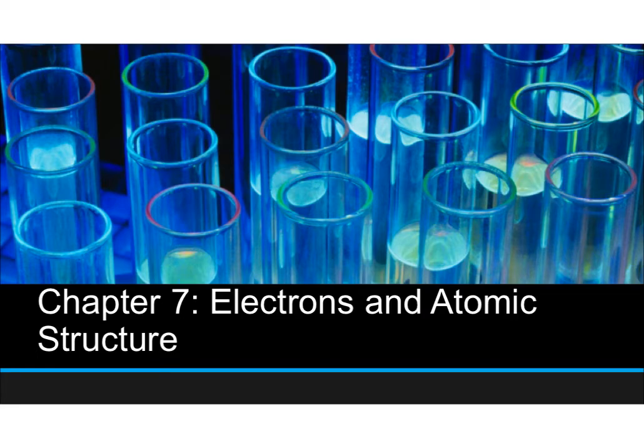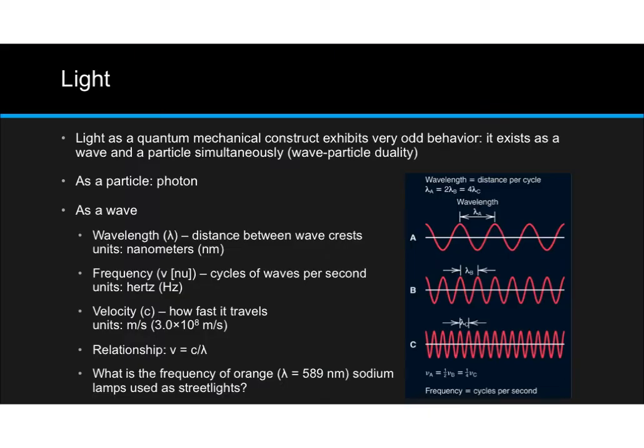The last time we were together, we began Chapter 7, discussing electrons and their behavior. And before we discussed electrons, we began by discussing light. Light, we said, behaves very oddly. It can behave like a particle, which we call a photon, or it can behave like a wave, which we